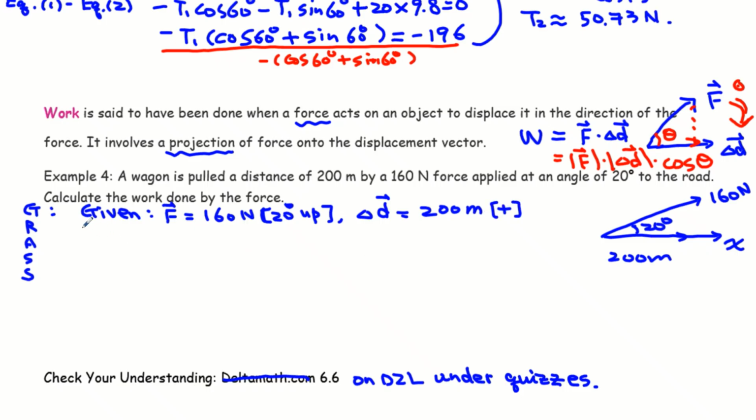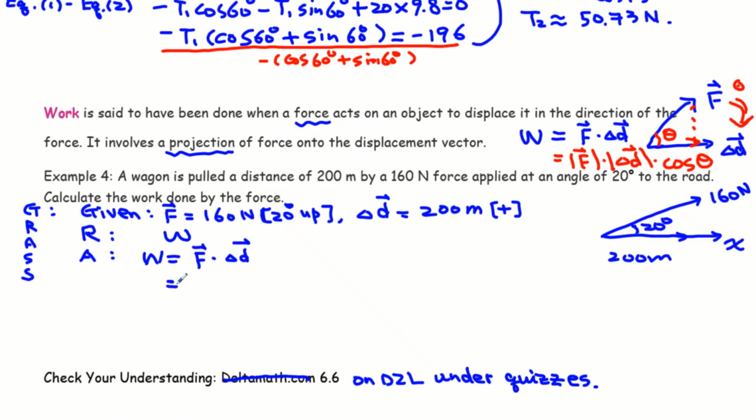And R, required to find, is the work done by the force. So A is analysis. So the formula we are going to use is just work equals force times displacement,